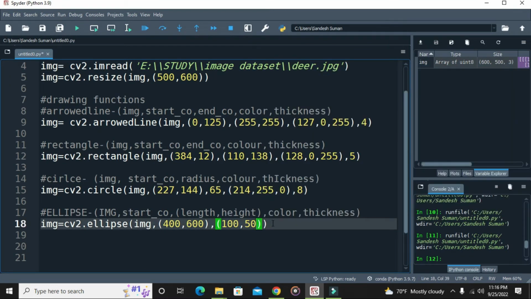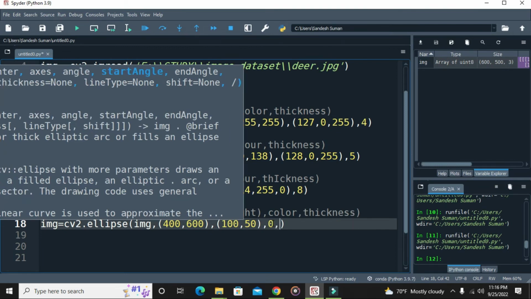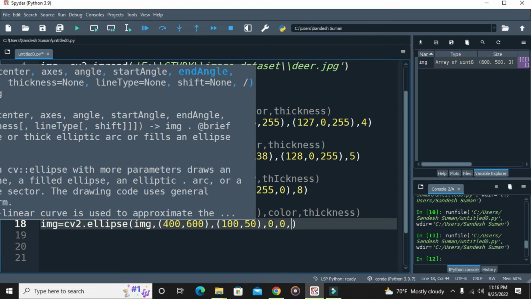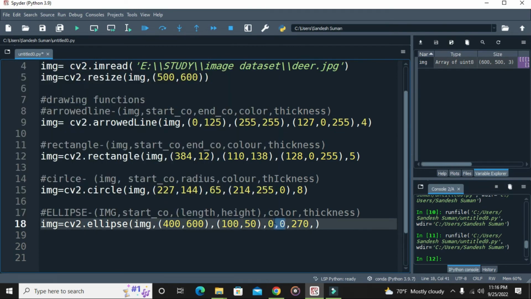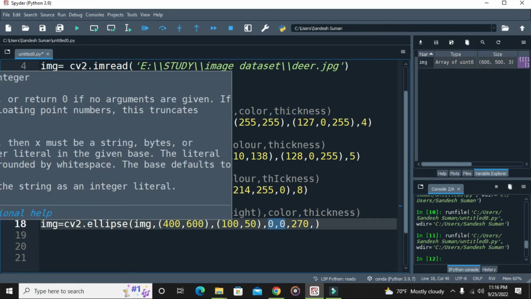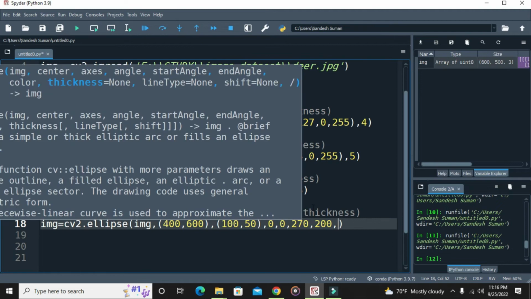you will need to again specify the angle of your image, okay? I mean the starting angle, so it's 0 comma 0, and then you need to specify the angle of the turn. So if I use 270 degrees, it means that 270 degrees will be the rotation of my ellipse. And then finally, 0 and 0 is the starting points of an ellipse. And finally you will need a color code, so let's keep the color code as 200, and let's keep the